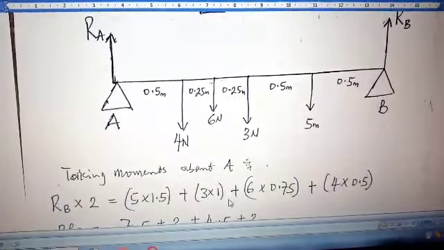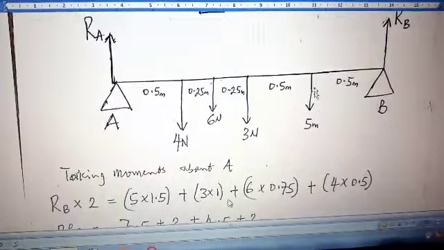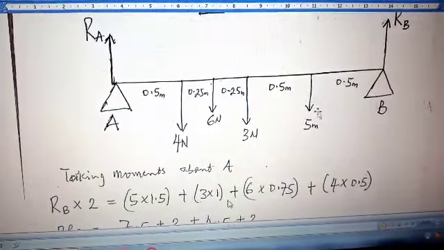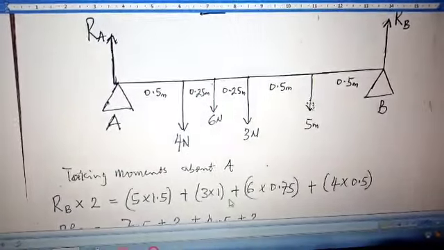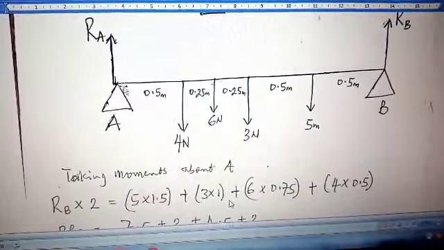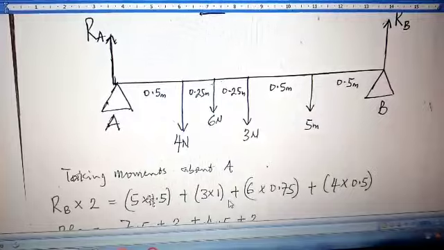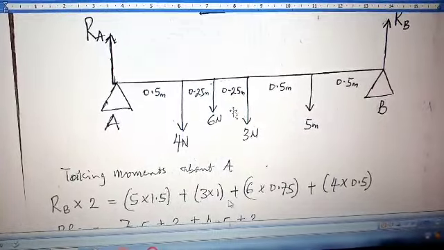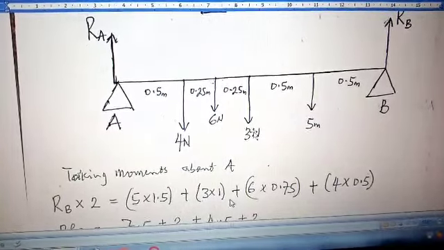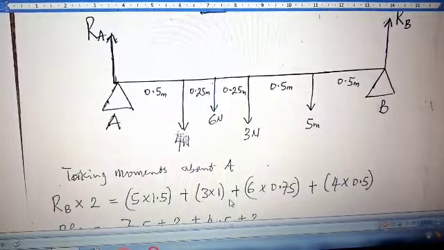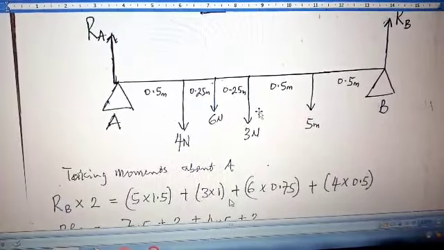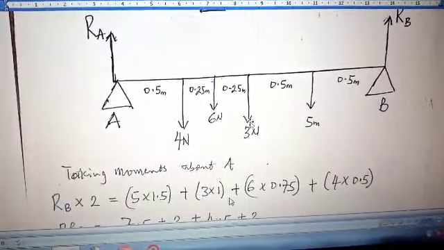Let me put you through that. See this first one, the 5 Newton force. The distance between this 5 Newton force and A is 1.5. So that's why you have 5 multiplied by 1.5, plus the next one, which is the 3 Newton force. This is also clockwise. It's moving this way. That's clockwise direction. That's 3